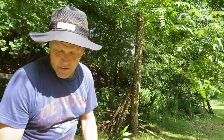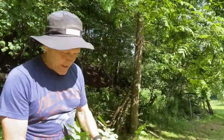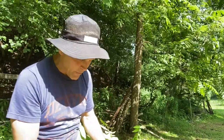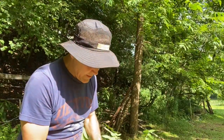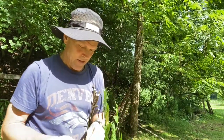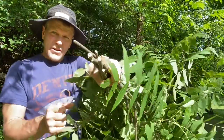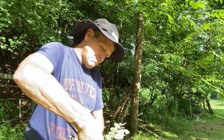So it just makes sense to try to make these about as even as possible. And if they get too big, then they're going to be heavy to try to lift up on the drying racks in the tobacco barn. So make a quick loop here. Yeah, make a loop one-handed. That's a trick. We've been told don't make them too tight together, because then they won't dry very well. And you can see they're not a big cluster of them, but